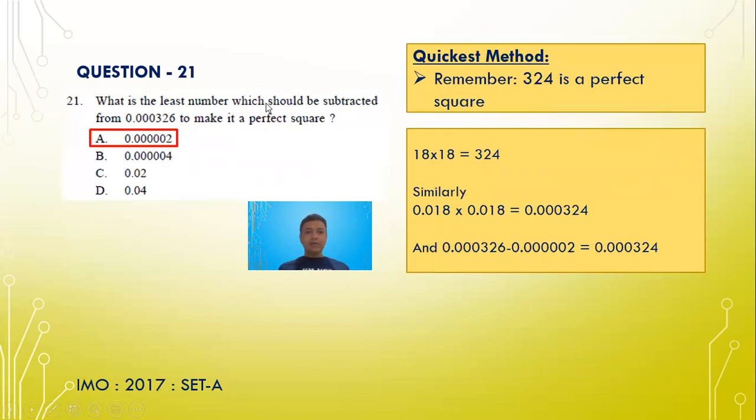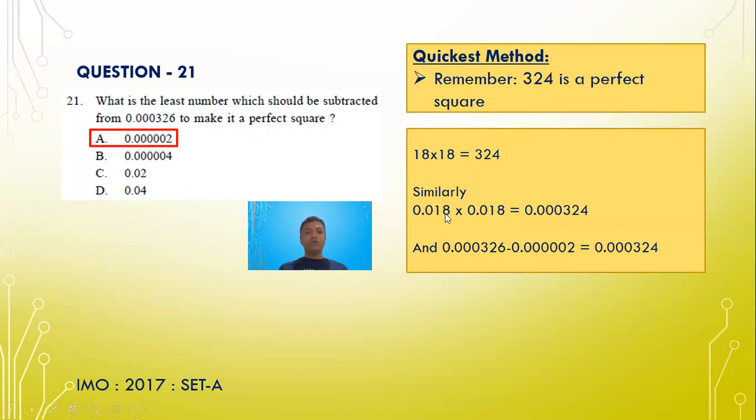What is the least number which should be subtracted from 0.000326 to make it a perfect square? So again, remember, and again, this is about practice, that 324 is a perfect square. It is the square of 18. 18 18s are 324. So again, if 18 18s are 324, then 0.018 into 0.018